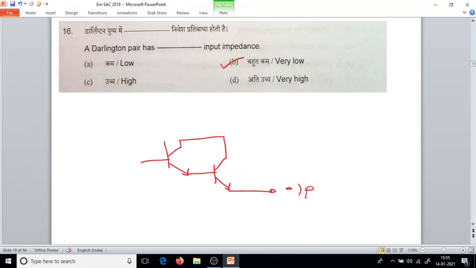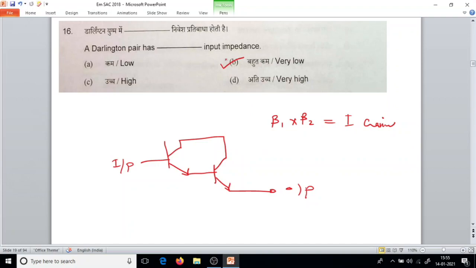This will be the input. So it will have a high current gain, approximately beta 1 multiplied by beta 2. For a Darlington, it will have very high output impedance, very high input impedance, and